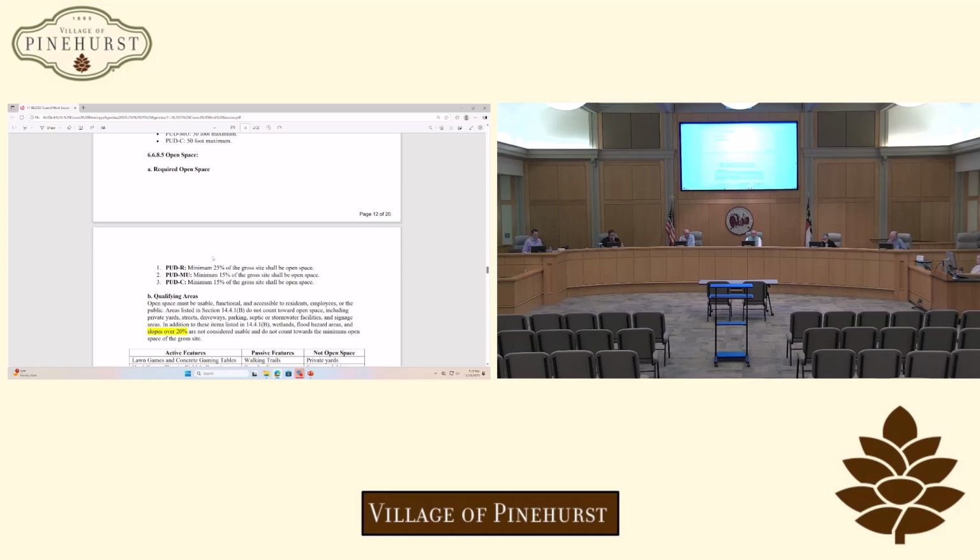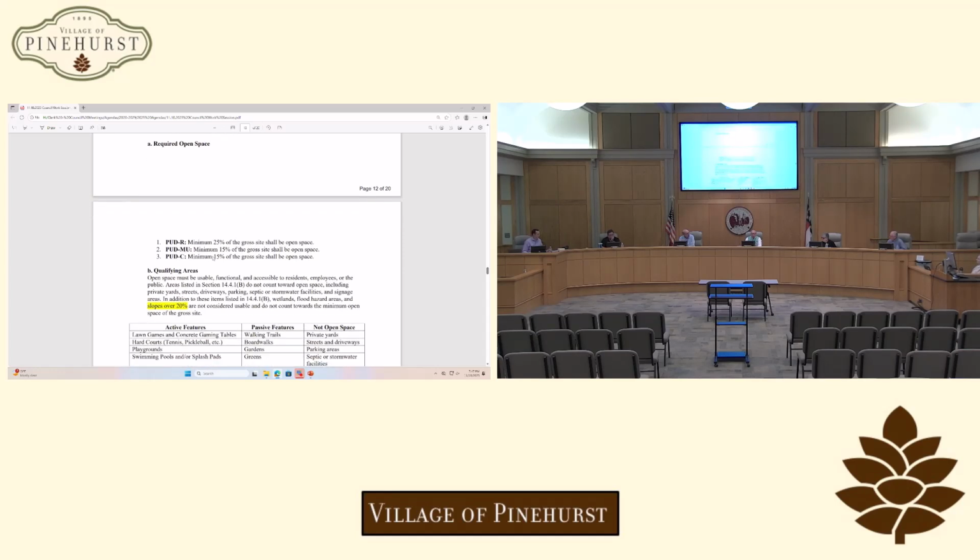Which we removed from the comp plan with respect to the ETJ, but not with respect to the village limits, if you will. One of the reasons, if you'll recall, was that it almost specifically implied that we were going to approve conservation neighborhoods within the ETJ. Yes, Focus Area 1, I think. And they were very concerned about that. Without any say-so, we were going to throw conservation neighborhood districts on top of them. So it seemed like the right thing to do, to take that implication out of the comprehensive plan.